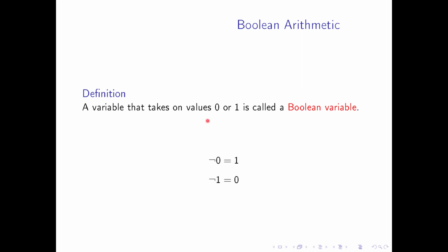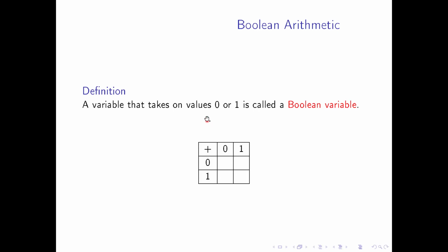So there's your negation. We can add them. Now, 0 plus 0 is 0. 0 plus 1 is 1. 1 plus 0 is 1. And 1 plus 1 is 1. Wait a minute. This is the part that throws people off. The reason is, if you looked at the table of OR, where 0 was false and 1 was true, you would get exactly the same thing by combining true and false